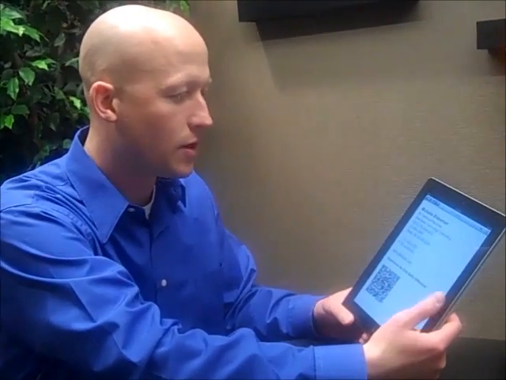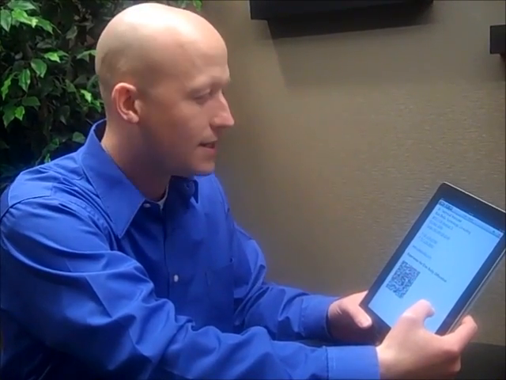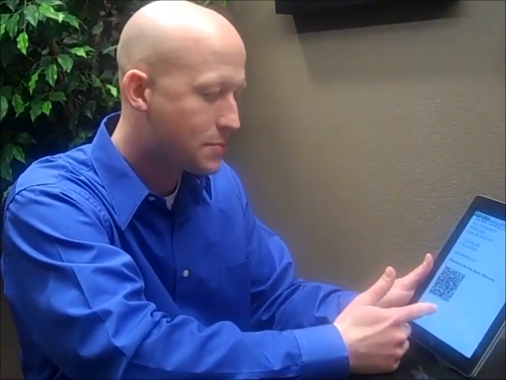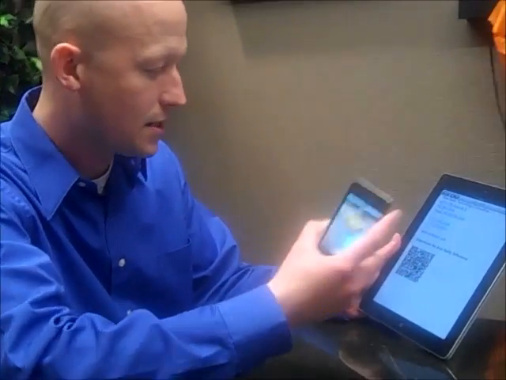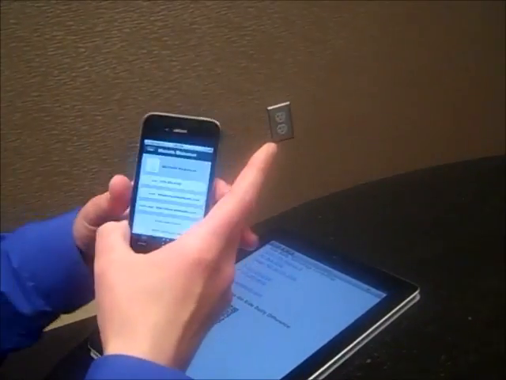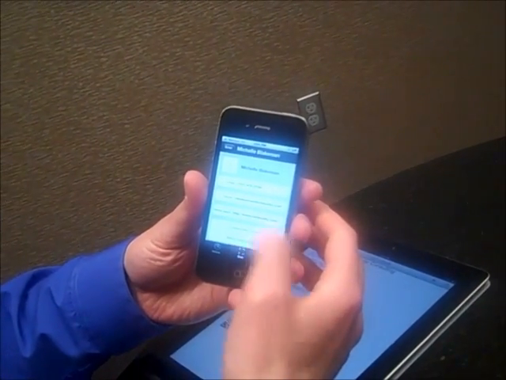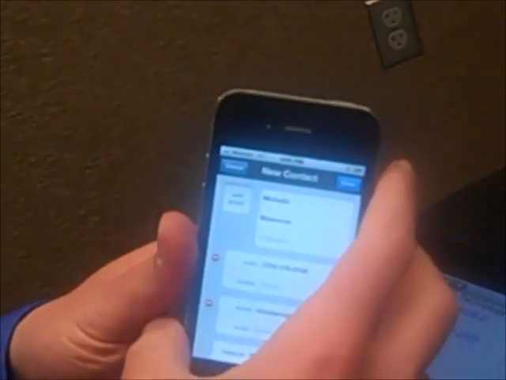Here's something that works really well in our environment. You can see I have an email from Michelle Blakeman. She's our senior technical recruiter. She has lots of contacts, needs to stay in touch with a lot of people, and so she's included a QR code as part of her signature block. And so you can see here's your QR code here. I'm taking my iPhone and I'm just going to scan her QR code. And you'll notice that it pulls up right on my phone and wants to go ahead and create a new contact or add an existing contact. I can choose create a new contact, and just like that,